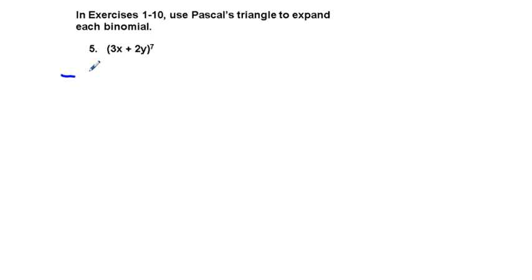We have some coefficient times this quantity 3x to the 7th power times this 2y to the 0 power, and we're going to have plus some coefficient 3x to the 6th power, and then we're going to have 2y to the first power plus some coefficient, we'll have 3x to the 5th power, and we're going to have this 2y squared